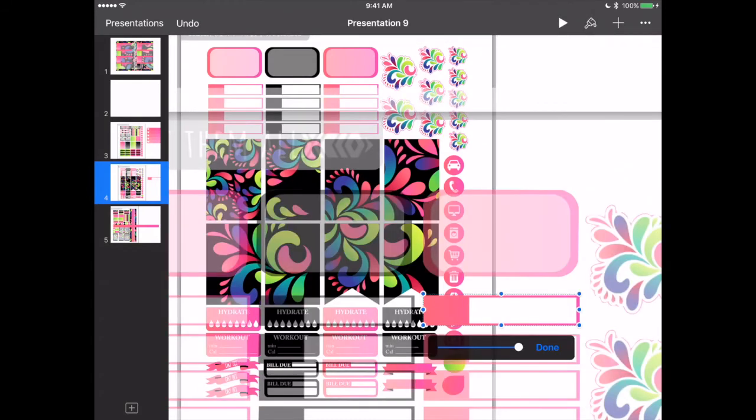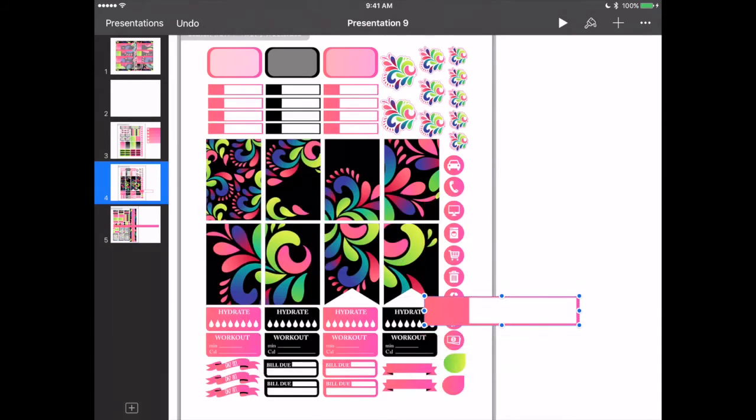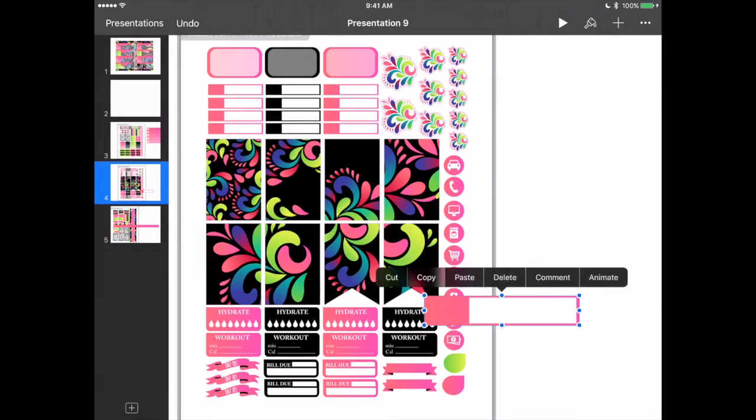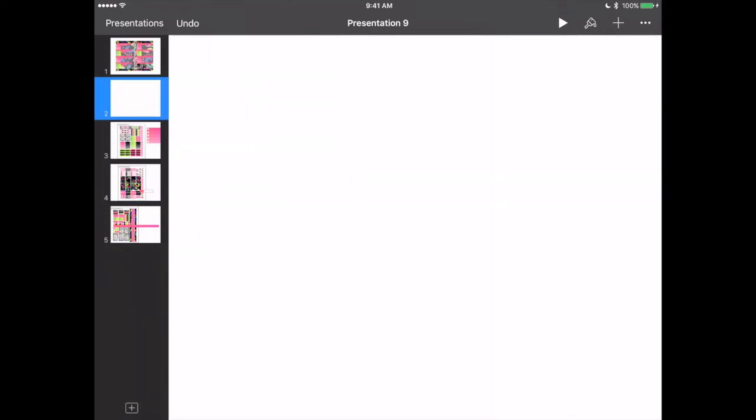Gonna adjust my cropping just a little bit. That's a little too far. Okay, I'm going to copy this, paste it here,